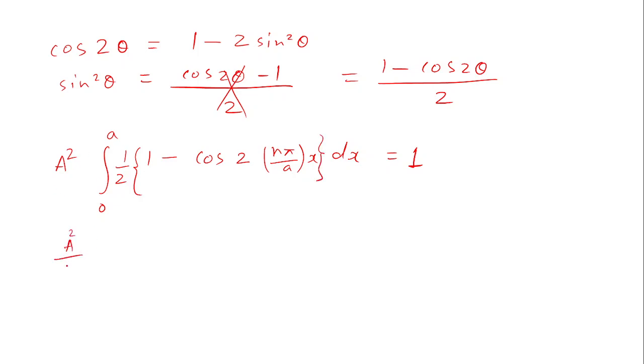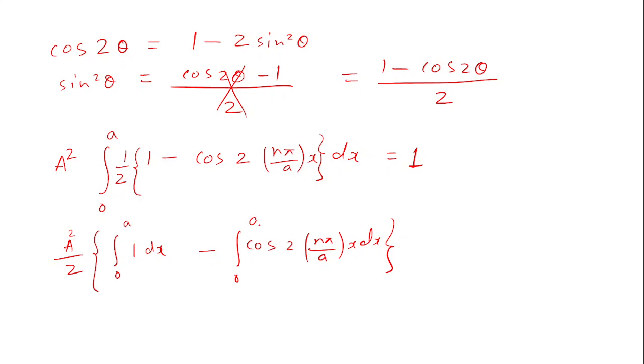So it will be a square by 2, and this integration I can split, 0 to a, this 1 dx, and minus cos 2 n pi by a x dx, this is 0 to a. So when I integrate, this will be x and it will become a, minus 0. A square by 2 we have outside, and this is a,